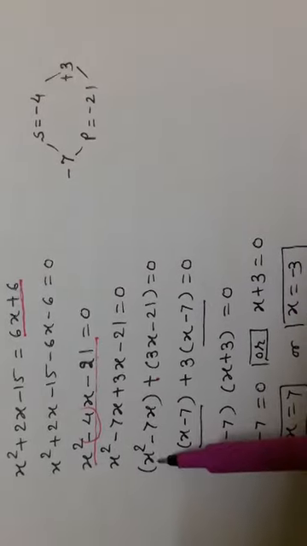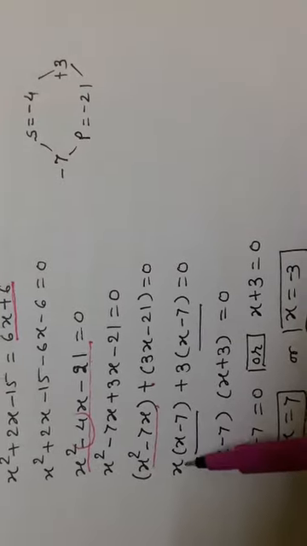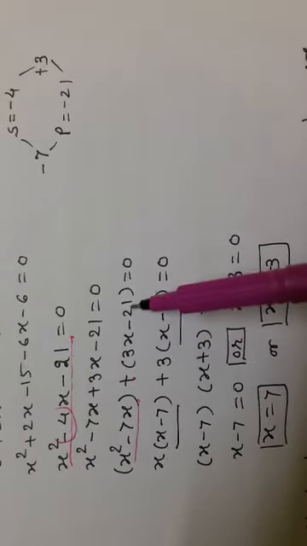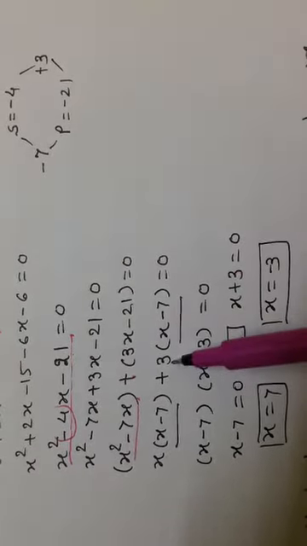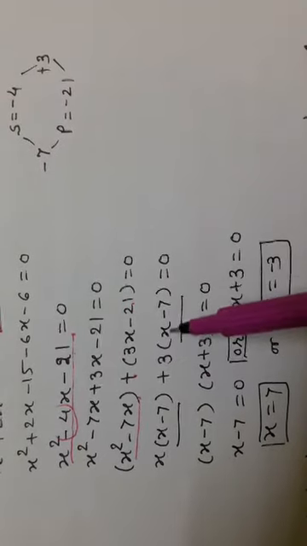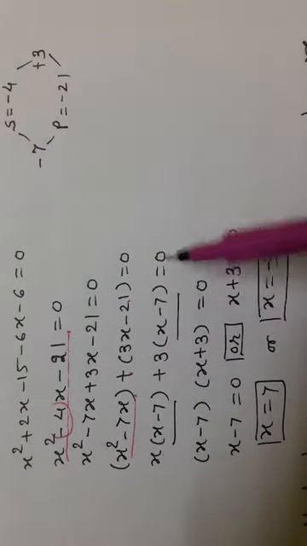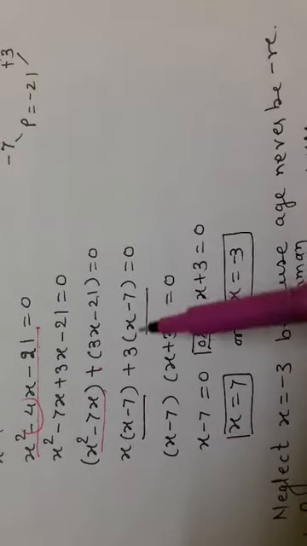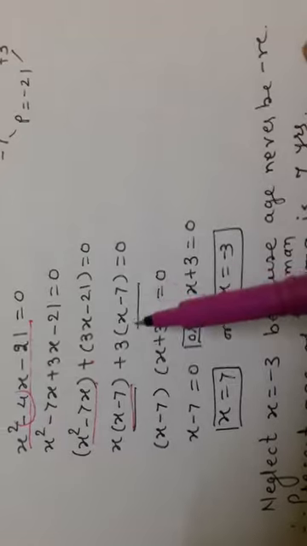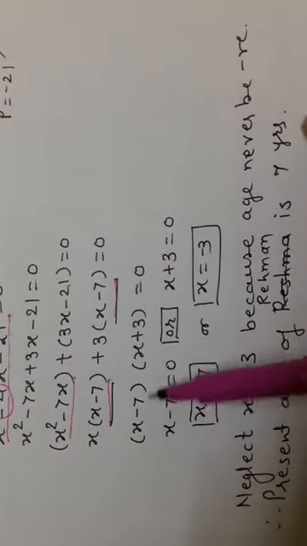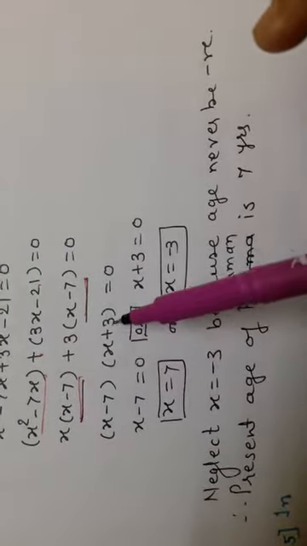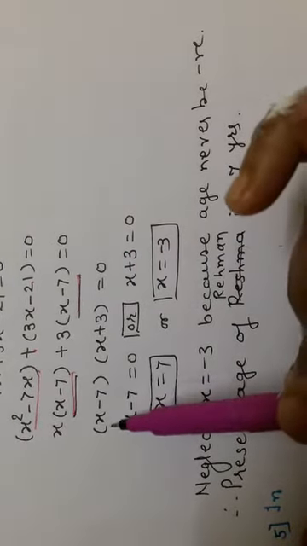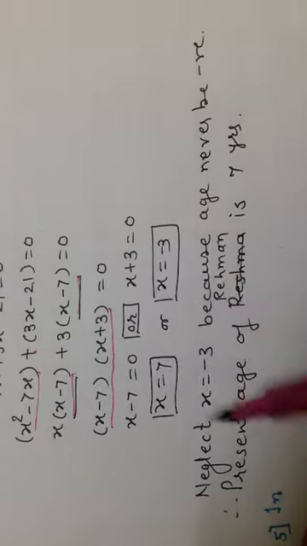Now are you finding from this bracket x is common? What is left? x minus 7. Plus here is 3x and 21 is divisible by 3, that's why 3 is common. x minus 3 7s are 21, which is equal to 0. Again these are the two terms, this is the first and this is the second. Out of this x minus 7 is common. So x minus 7 in one bracket and x plus 3 in another bracket, which is equal to 0. These are the two factors of the polynomial.